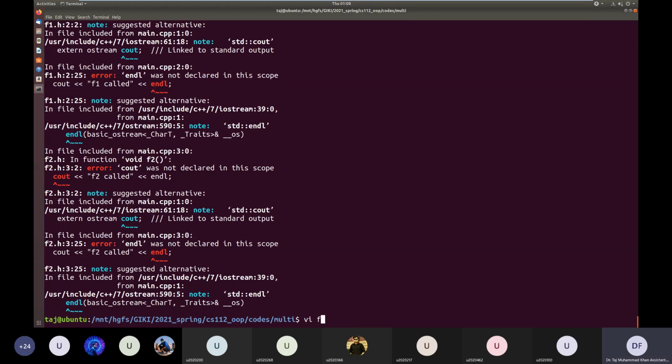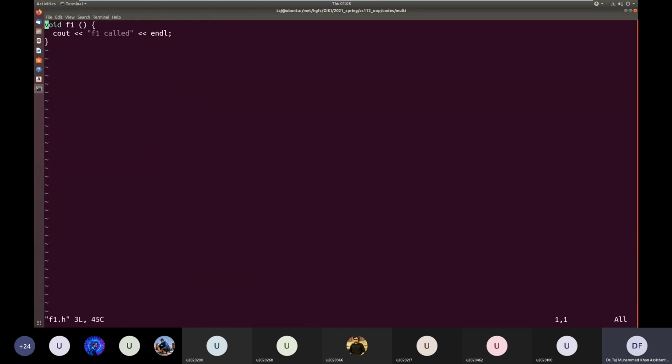In f1.h, because cout, as you know, is part of the standard library, we should include iostream.